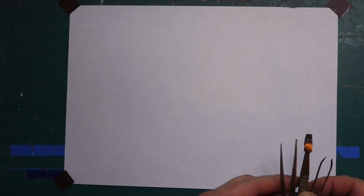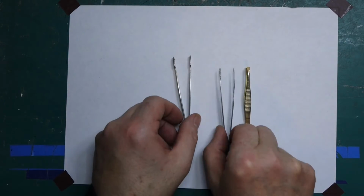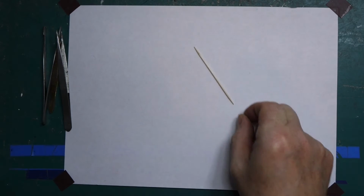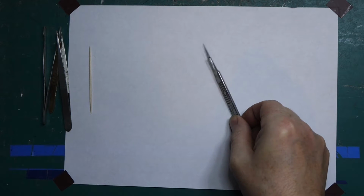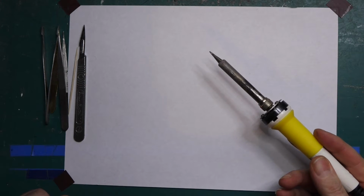I have small tweezers. I happen to have 3 different types here, some quite large ones, medium sized, and ones with very pointed ends. Then a cocktail stick would come in very handy for manipulating the components. You'll also need a modelling knife to open the components packaging, a soldering iron with a fairly fine bit is a good idea, one similar to this maybe,